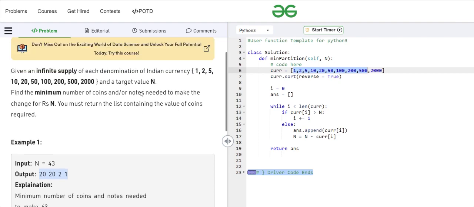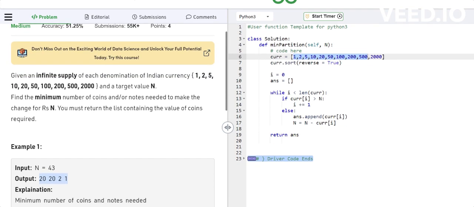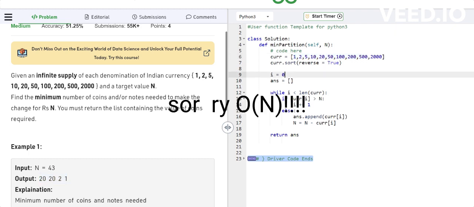So what you need to do over here, it's actually not even a sorting problem. It's just a straightforward log of n approach problem. But why? What happens in this question is we're using a greedy approach. Why we're using a greedy approach is because,